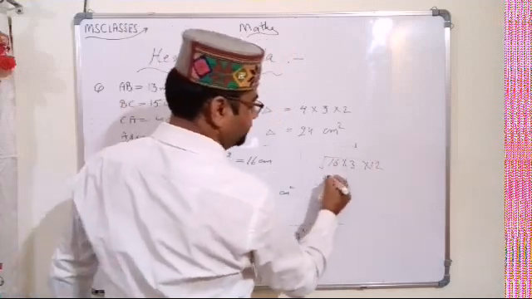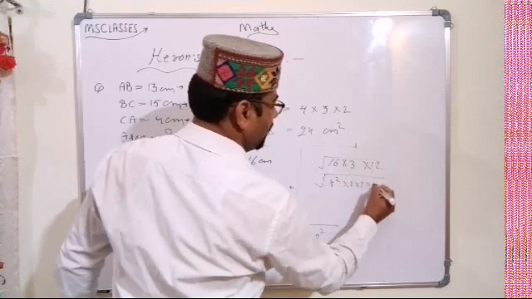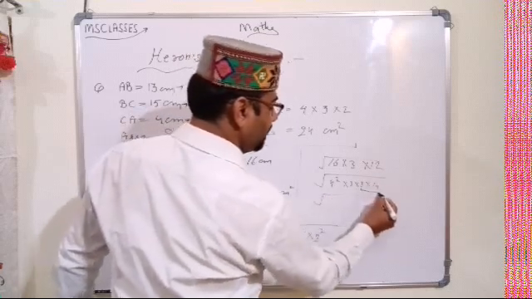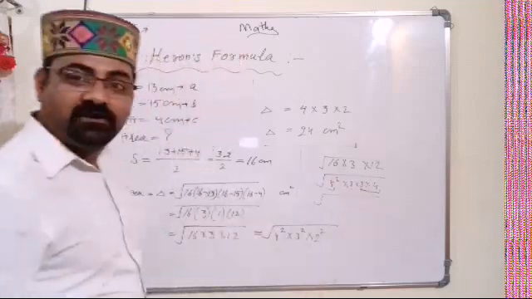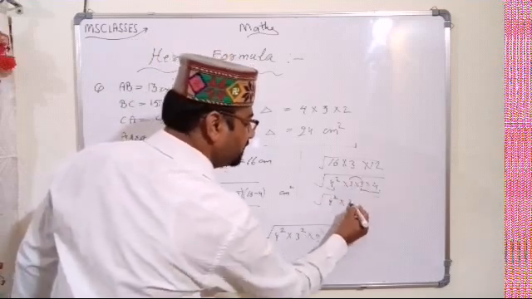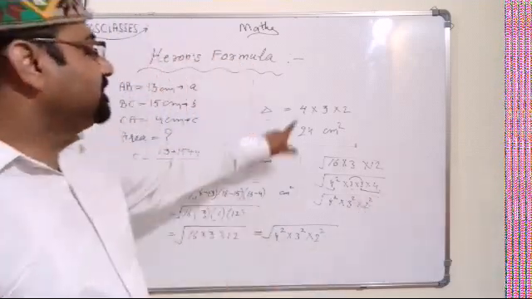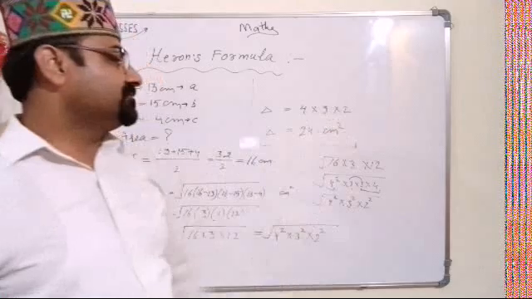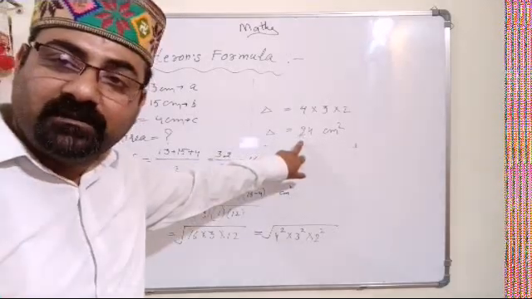Guys, once again you see that the square root of 16 into 3 into 12, we will write this in the form of 4 square into 3 into 3 into 4. This is because 12 is written in the form of 4 into 3, 16 in the form of 4 square, 3 means only 3. Then this is equal to 4 square; when we take these 3 into 3, this is 3 square, and 4 can be written in the form of 2 square. Taking 4 outside, 3 outside, 2 outside, when we multiply these 3, your answer will be 24 centimeter square.